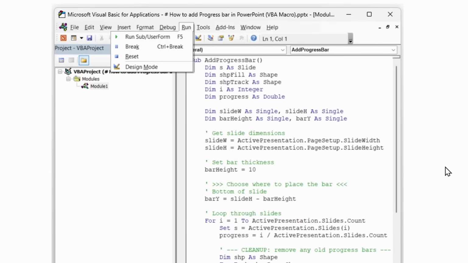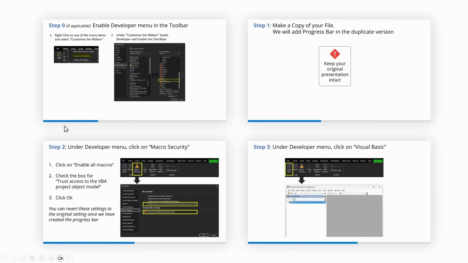And for the last step, click on run and click on this first option, or you can just hit F5 on your keyboard and that should run the script. If everything has gone well, you should see this progress bar being added on all the slides, including the first